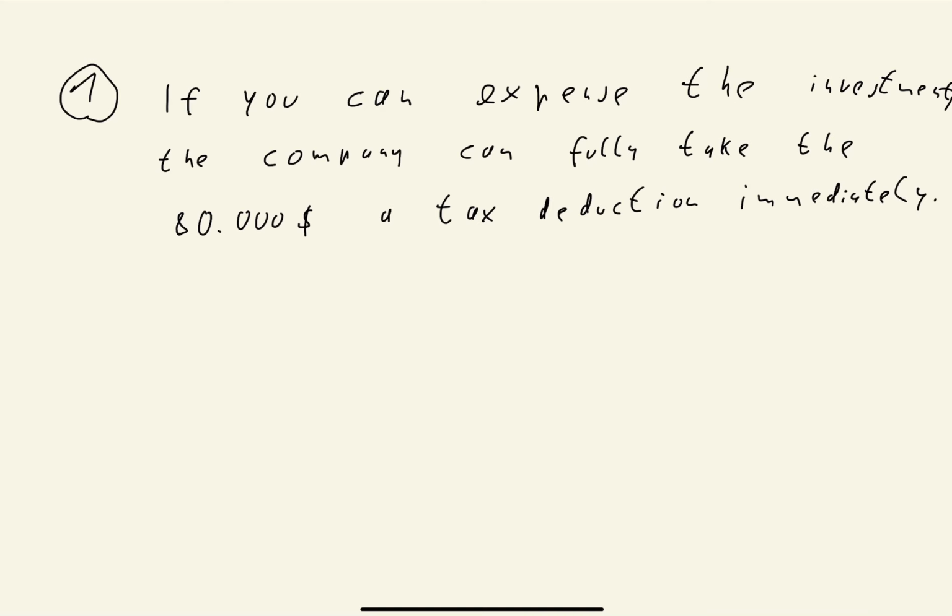So basically, since you're allowed to expense the investment, it means that in the first period, you can fully deduct the $80,000 of investment. So if you can do this in the first period, it means that the PDV is simply $80,000. So we do not need to discount it at all because we can deduct it immediately in the first period. So this was A. Now B